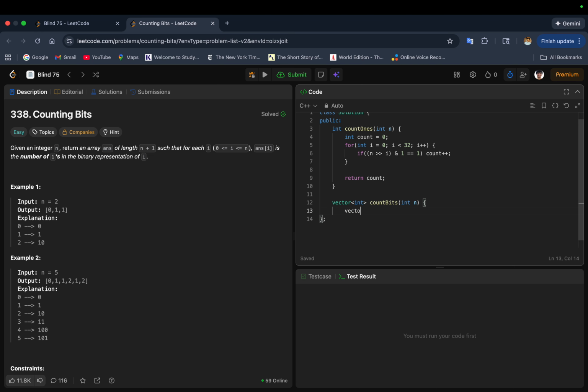So let's just have the answer array. We just have the answer array, and then for int i from 0, less than n plus 1, i plus plus, push back